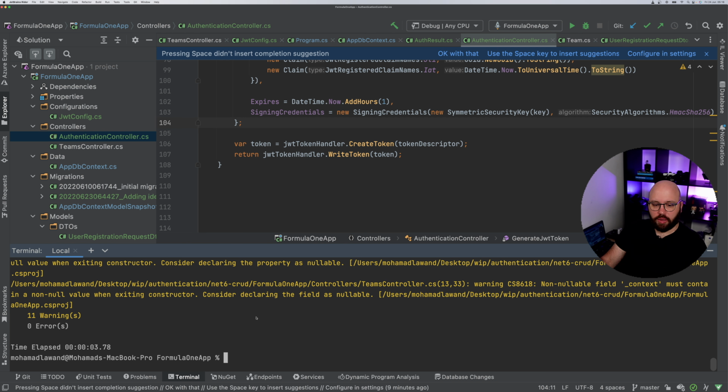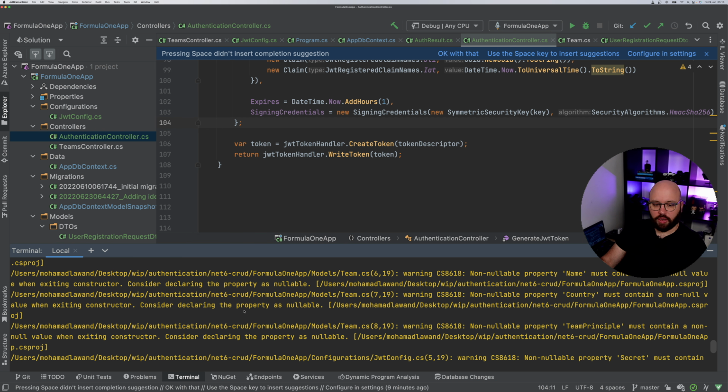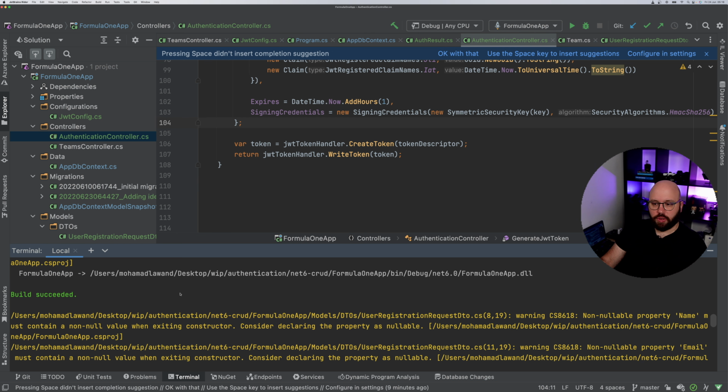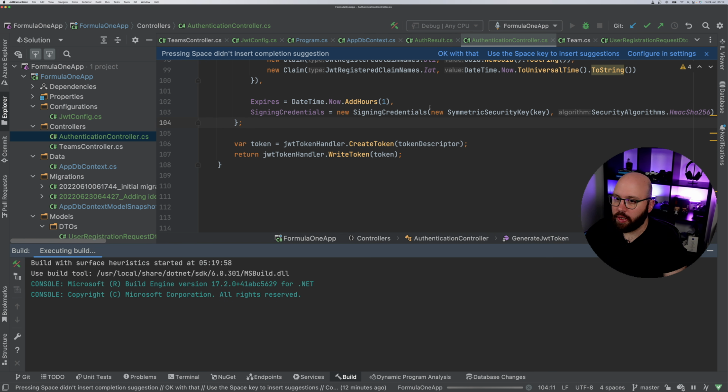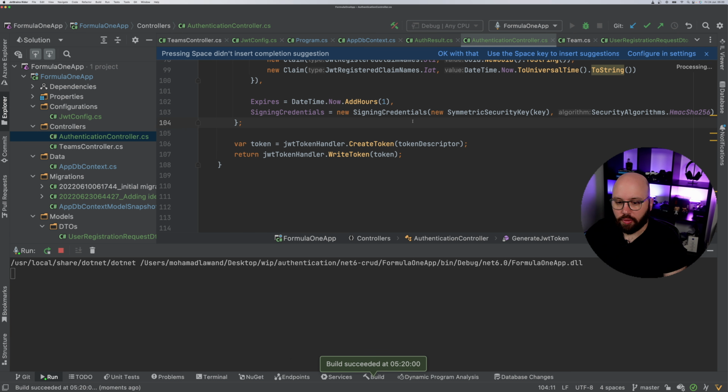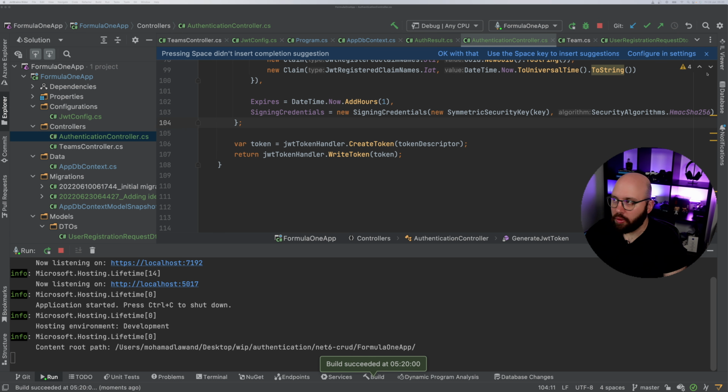Perfect, we can see that the build has completed successfully and we don't have any errors. So that's exactly what we needed. So now, since we have already created our token to register, let's try it out. So let's run the application, and let's go to our web browser. Let's see, where's our web browser,